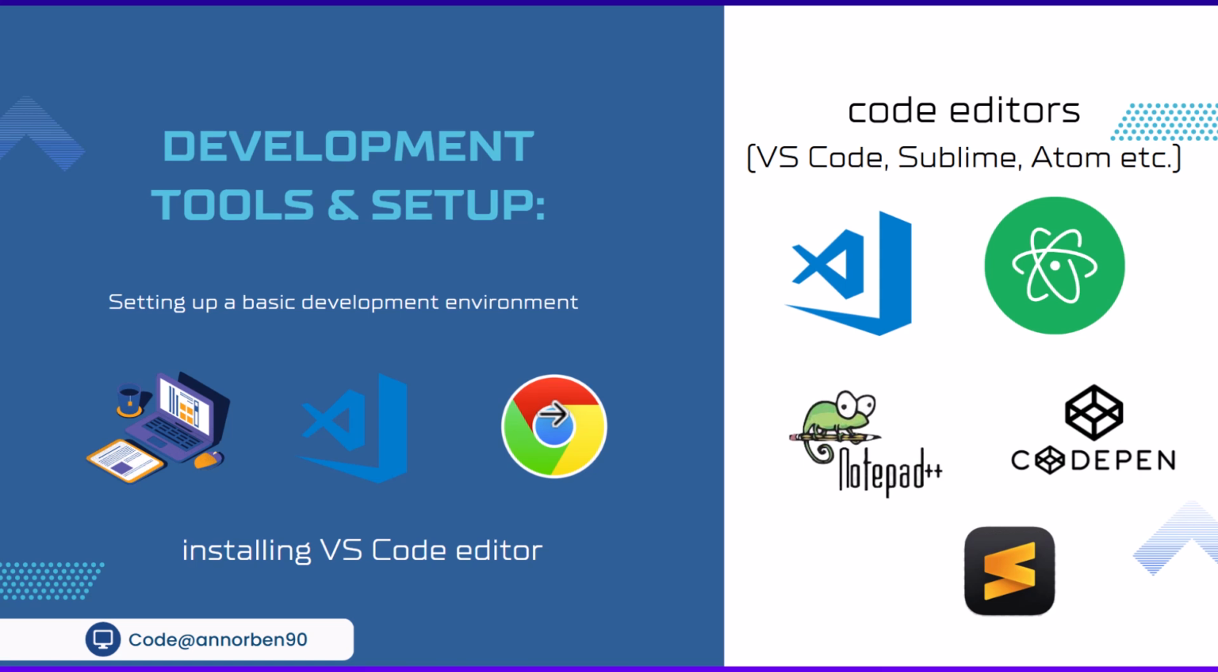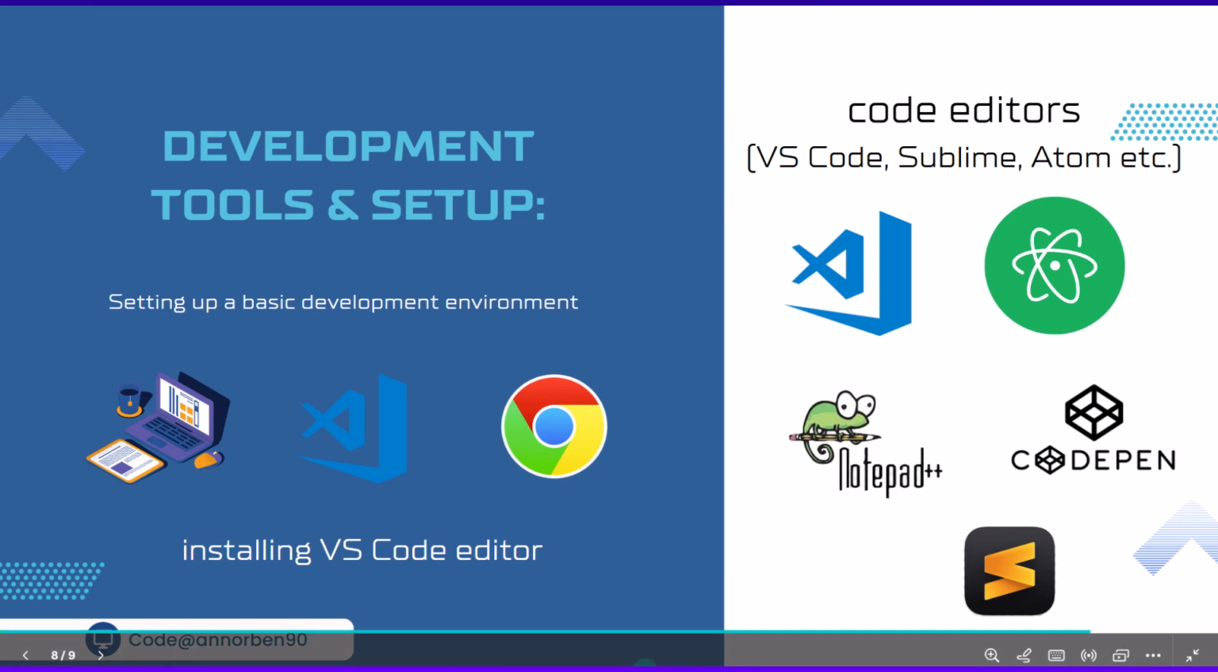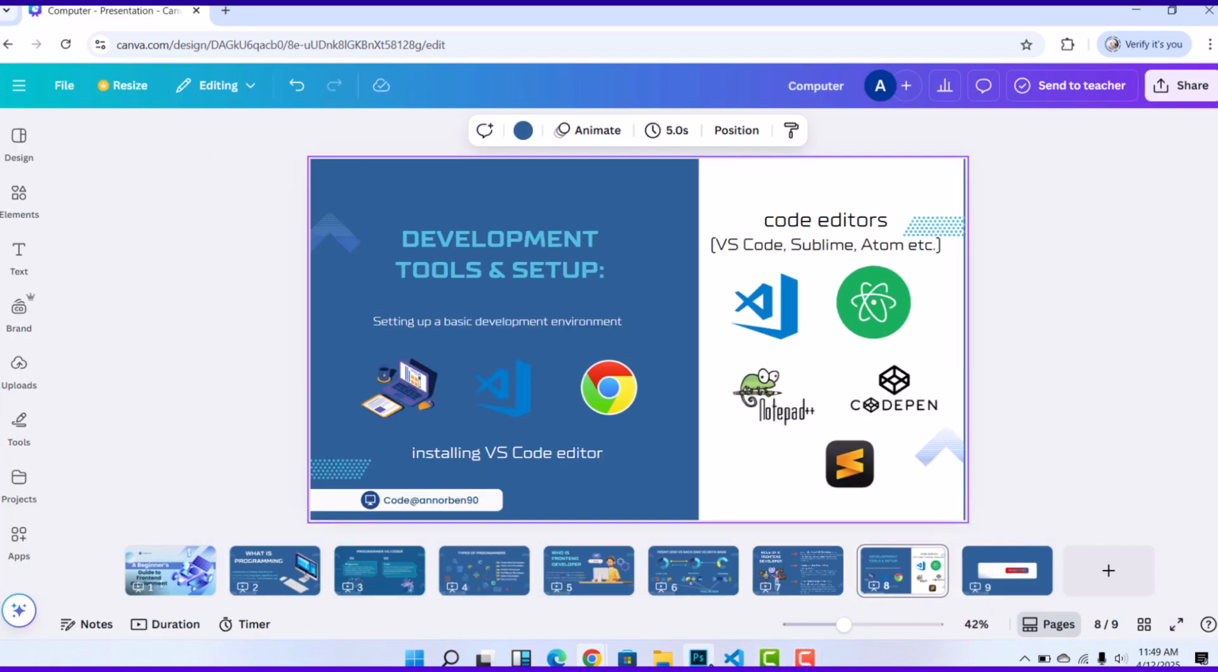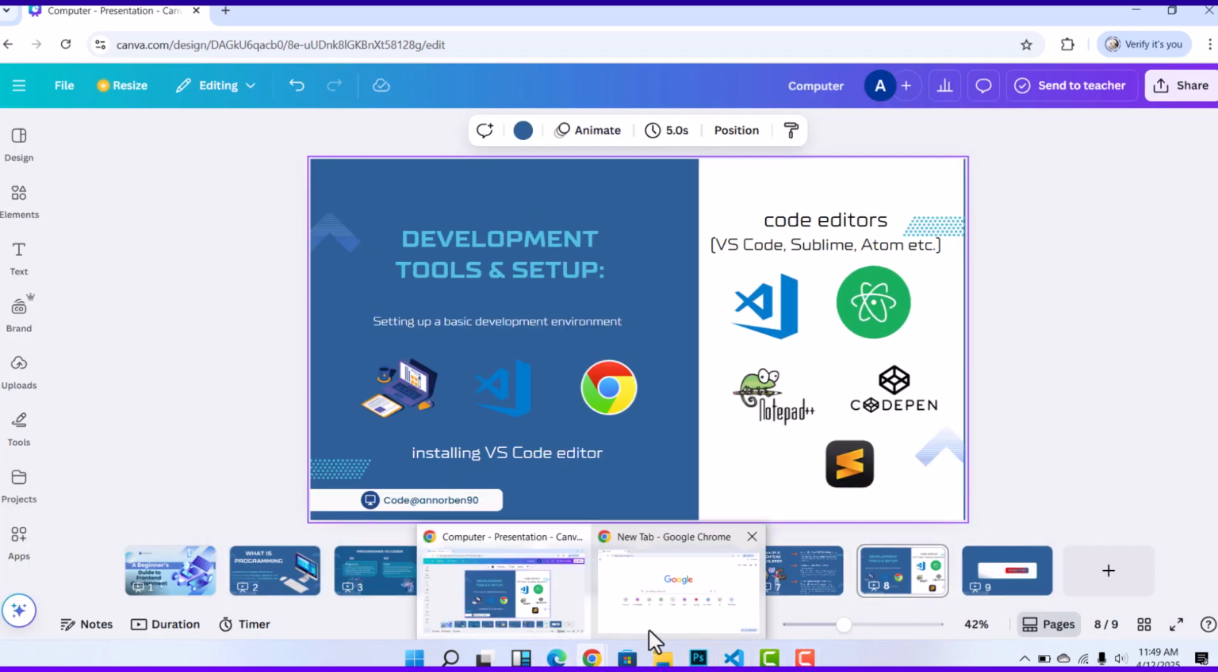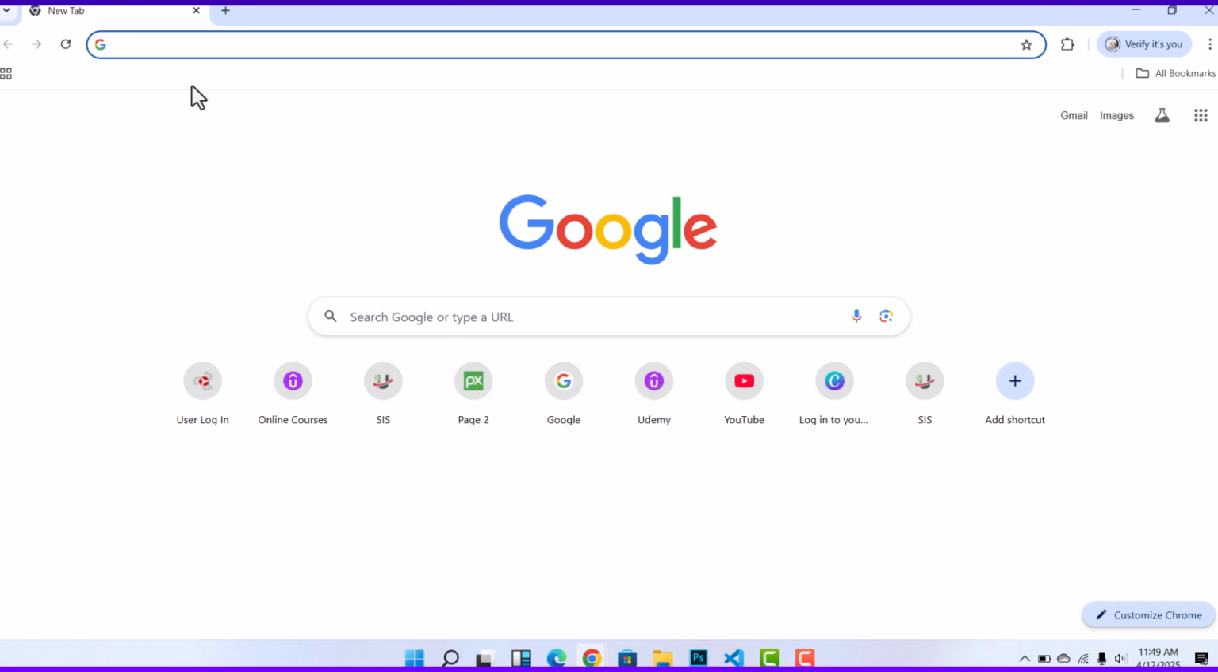Now let's download and install our VS Code. Before you download VS Code, you need to have internet access. If you don't have internet access, you cannot download, so make sure you have internet access. Then you come to your browser and open it. If you are not using Google Chrome or Mozilla Firefox, on other browsers you just search on Google. Then you type